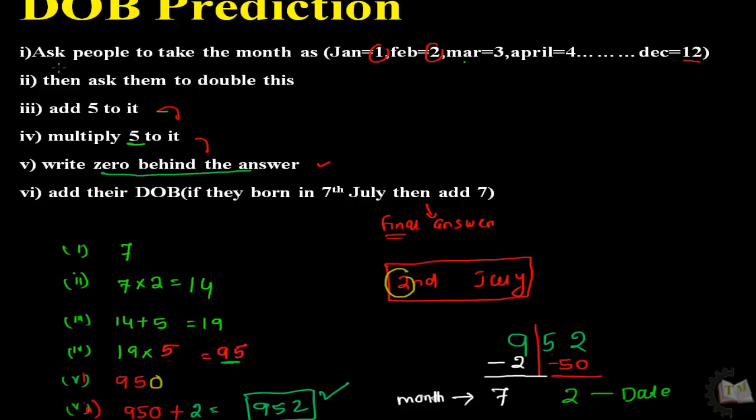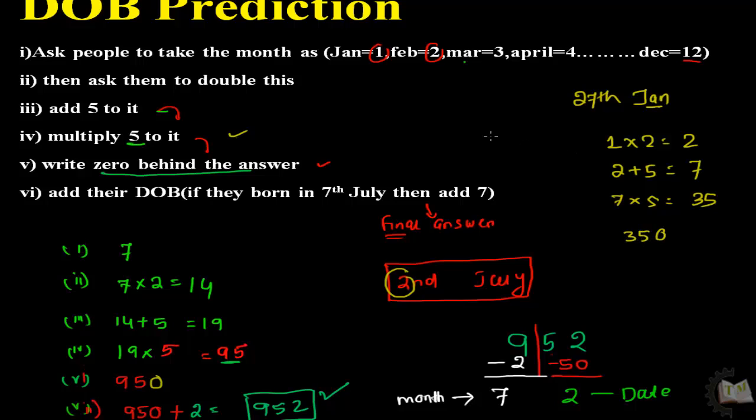Okay, let me give another example, and you have to calculate it very speedily. Just like a person's date of birth is 27th January. First, what will you do? First, take the month as 1, and multiply by 2. That answer will be 2, and add 5, that is 7, and multiply by 5. 7 times 5, that is 35. Then write 0 to the right, and then add the date 27, and the final answer will be